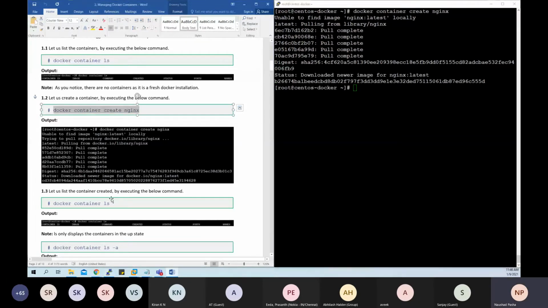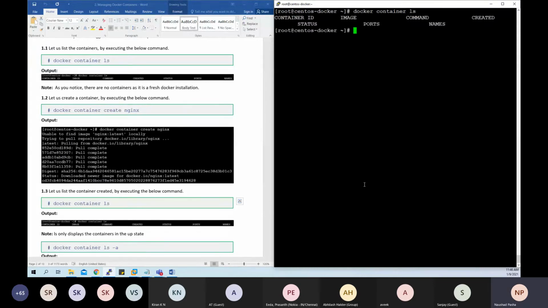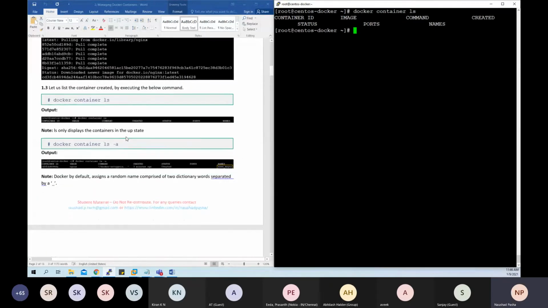Once that is created, let's go ahead and run the command docker container ls. But you don't get to see a container though we created one. The reason is docker container ls will show only the containers which are in the up state. If the container is not in up state, it is not going to show you.